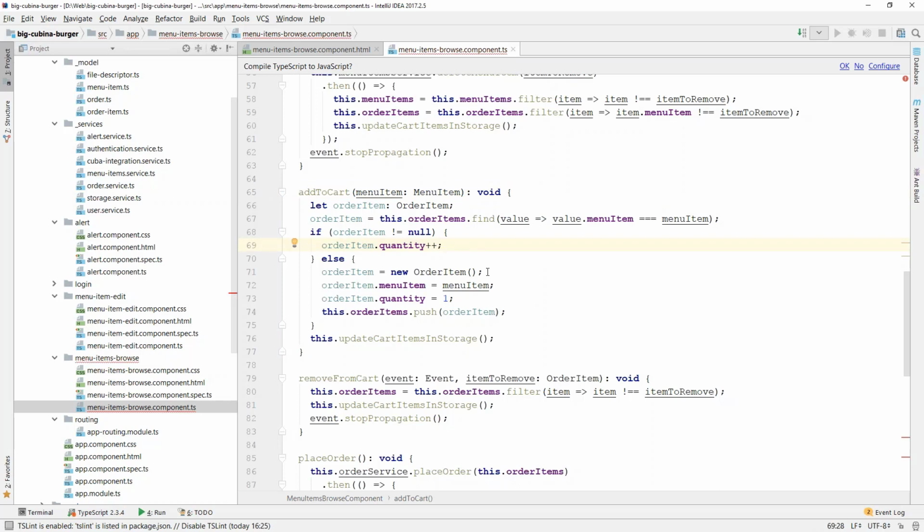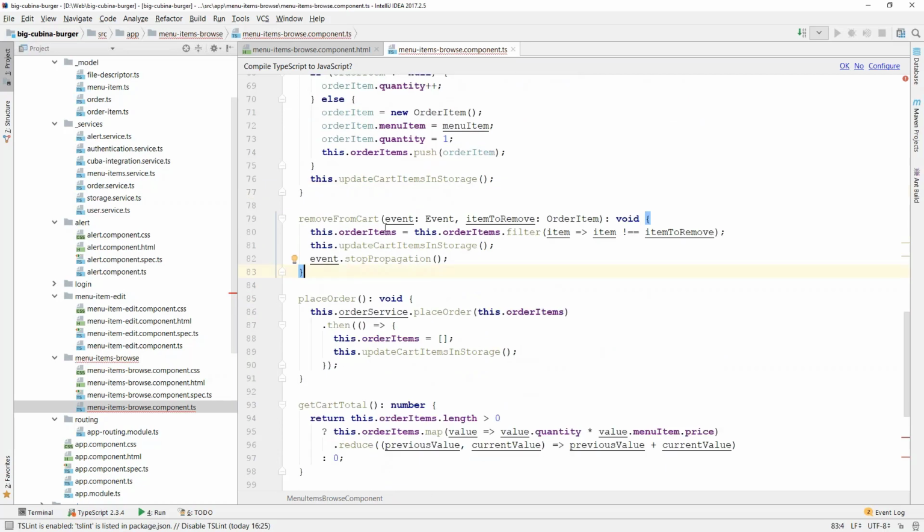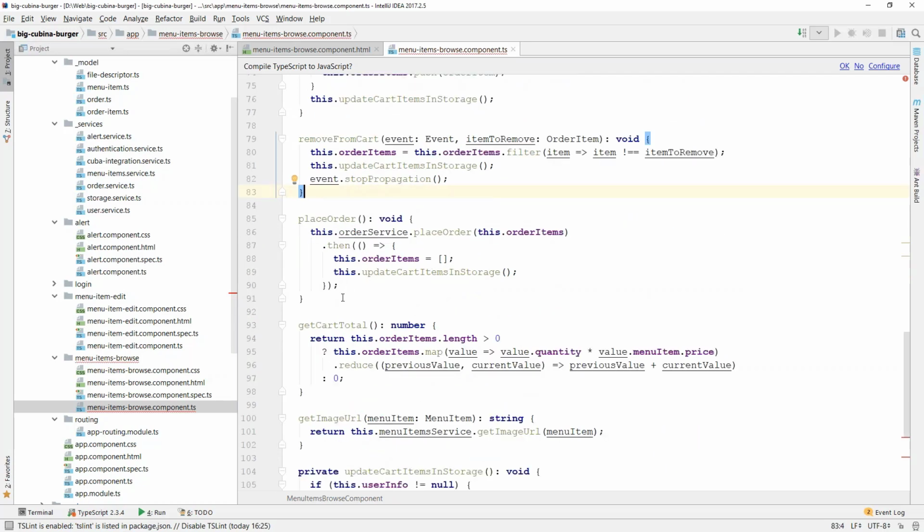Or if there is no order items with given menu item, then we create new order item, set quantity to 1 and add it to order items collection. We can remove order item from cart, and to place order, we call place order method from order service and then we set order items to empty collection.